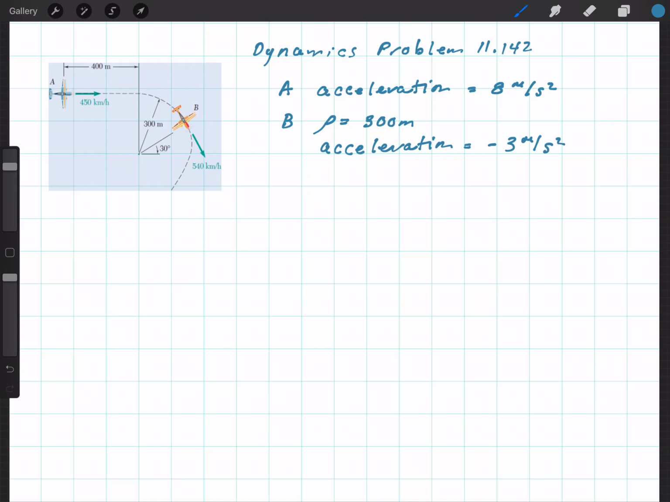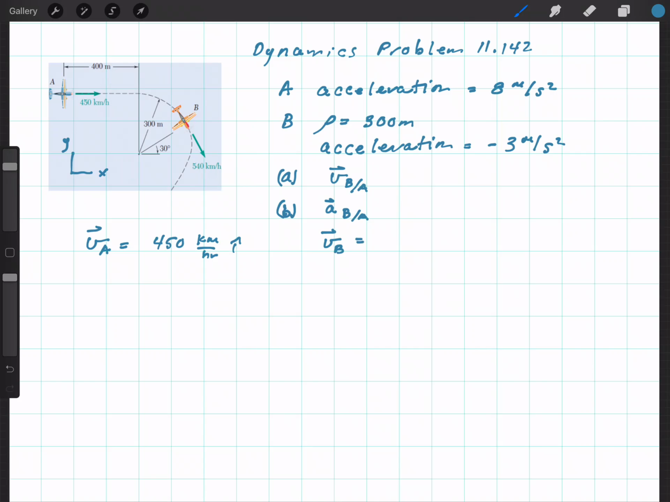Determine for the position shown, A, the velocity of B relative to A, so find V_B with respect to A, and B, find the acceleration of B relative to A. So this is what we're looking for. We also know from the picture that the velocity of A is flying horizontally in a positive x direction. We'll put our sign convention on here, x and y. So this would be 450 kilometers per hour in a positive i direction, and the velocity of B